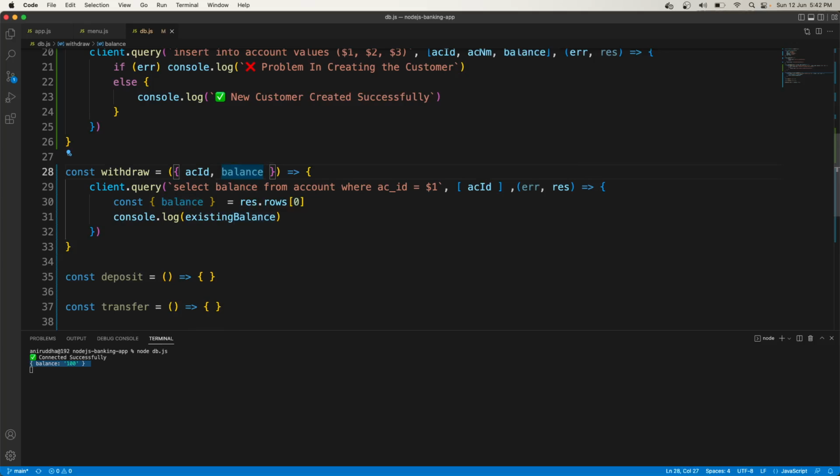so here we can say new balance, not balance, here we can say amount. That amount we need to take. This is the existing balance, and into that amount we need to add. So here you can say first your